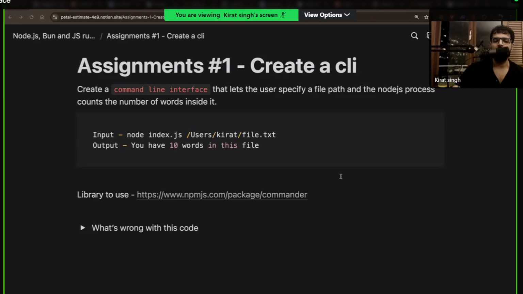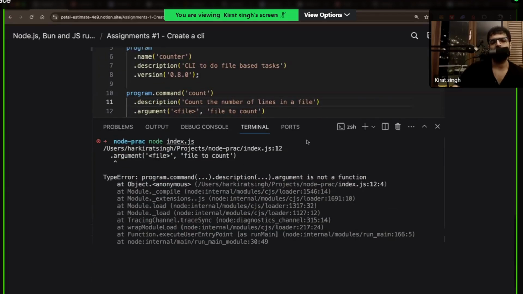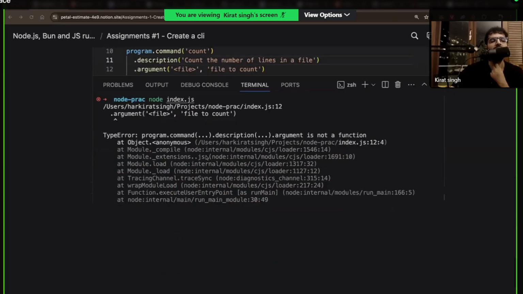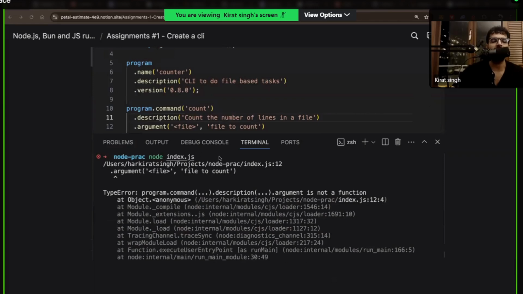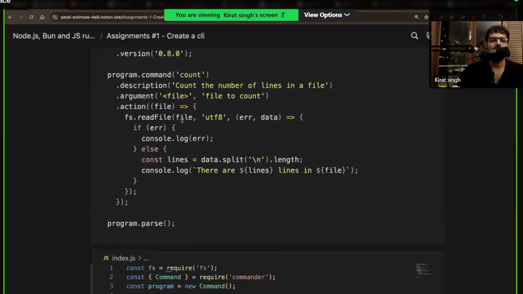Assignment one: the code looks good to me, but the way you should run this is different. It could be that. I just ran this very quickly. Let's see. So the bug says no. Code looks right to me as well, but I see this bug locally. I don't think I'm giving it the wrong arguments, am I? Oh yeah, I did not give it a file. Oh, you're right. That might just be it. My bad. So there is no bug. You're right. I just forgot to give it the argument. Node index.js, if I run this. Nah. Actually, that might be it.